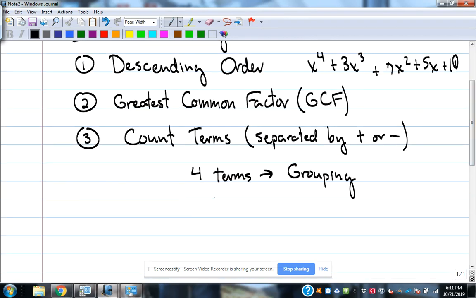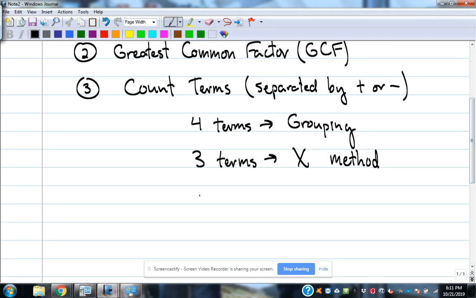And I'll teach you how to do that if you have never done that before. If there are 3 terms, we're going to use this thing I call the X method. And I'll teach you how to do that. No worries. And then if there are 2 terms,